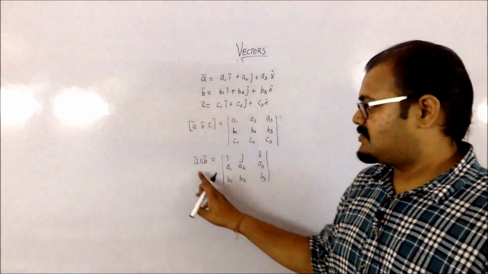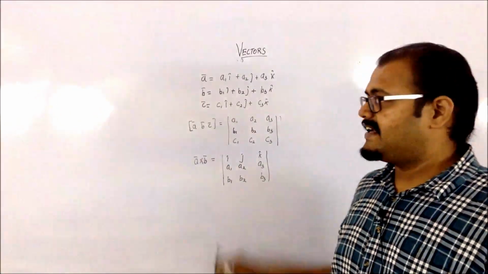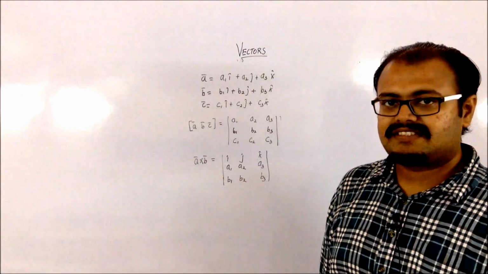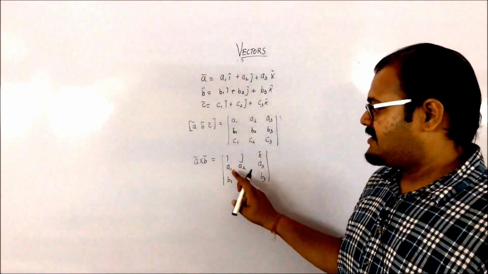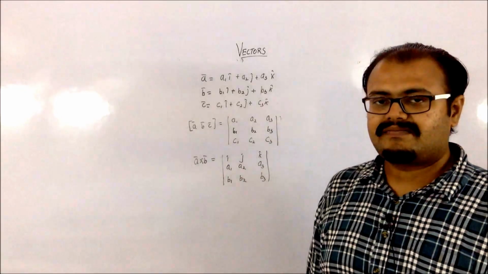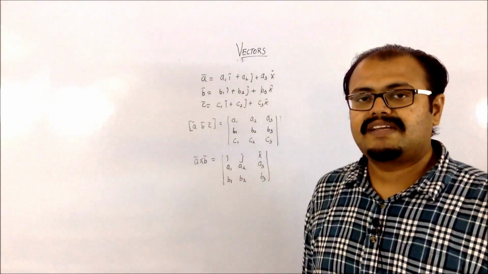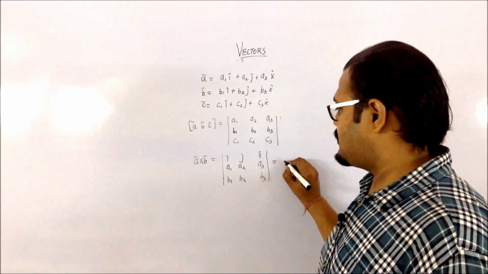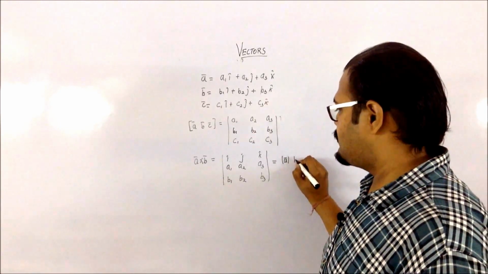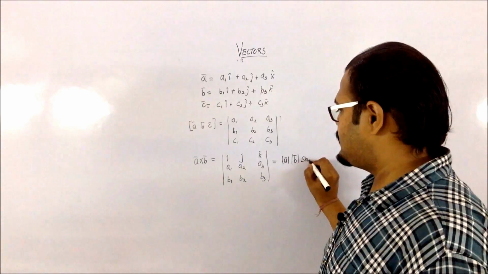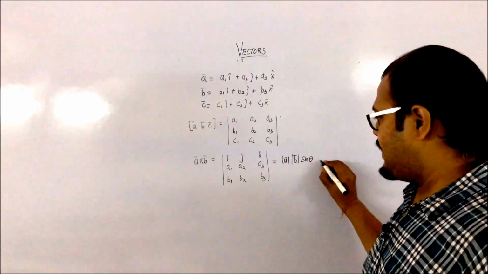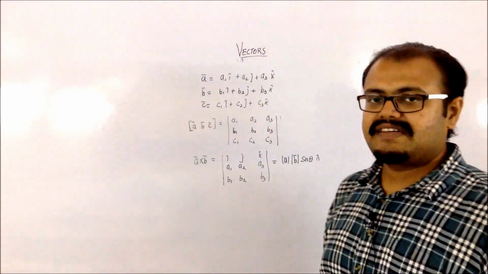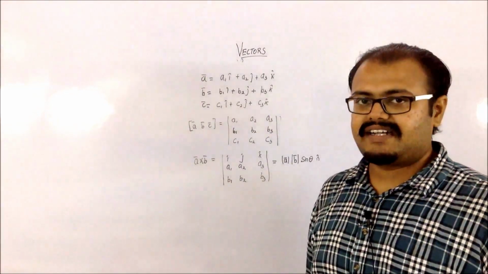The next thing which you have to know is that if you are taking cross product, and again if the vectors are given in ijk terms, then it will be the determinant with rows i, j, k; a1, a2, a3; b1, b2, b3. If you solve this particular determinant, you will be getting the value of your cross product. There is another format of the cross product, which is given by magnitude of A, magnitude of B, sine theta, where theta is the angle between A and B, times n cap. Now this n cap is the unit vector which is going to be perpendicular to a bar and b bar. While solving problems in vectors, you have to be thorough with your knowledge of the basics of vectors.